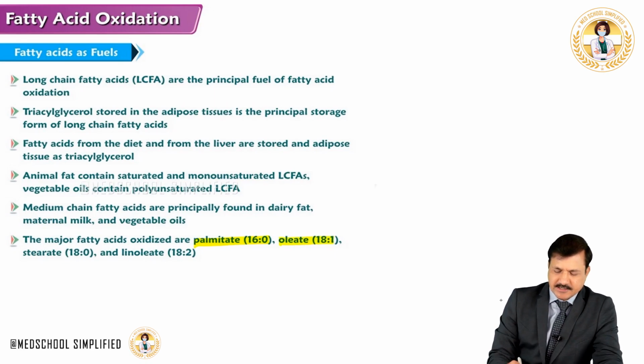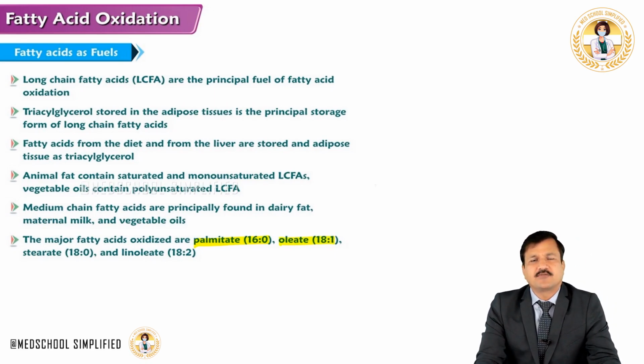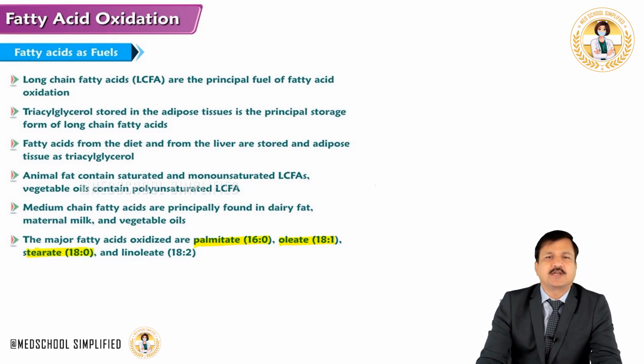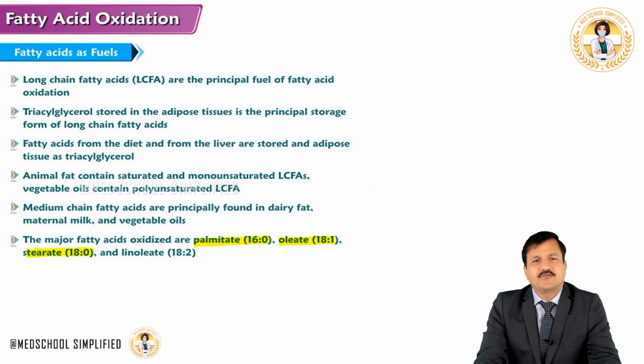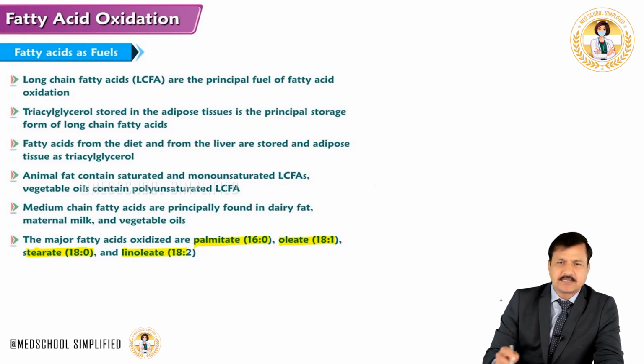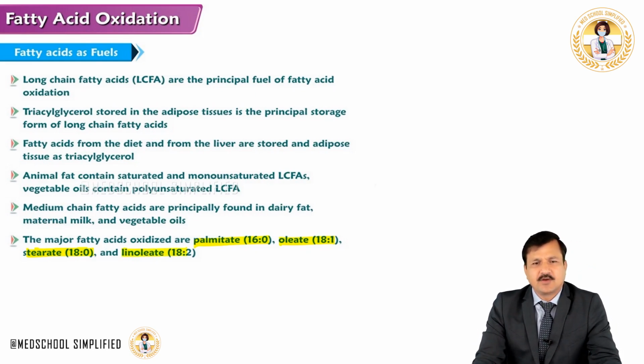And then oleic acid, which is a monounsaturated fatty acid having 18 carbons with 1 double bond. Stearic acid, which is a saturated 18 carbon fatty acid. In fact, stearic acid is the most abundant fatty acid in nature. And also linoleic acid or linoleate, which is an 18 carbon, 2 double bond fatty acid. So these are the fatty acids which are